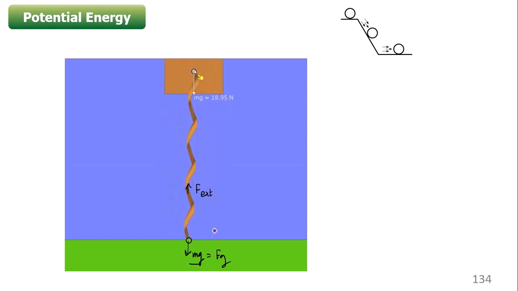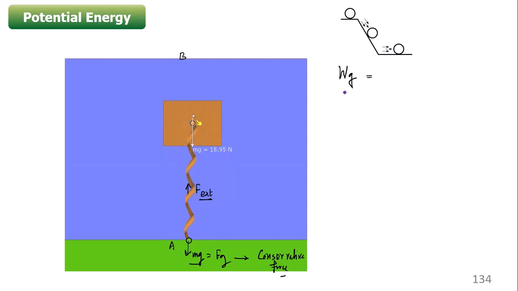Because of the external force in this situation, the particle is moving from point A to point B. Let us say this is point A, and finally the particle comes to point B. So this much displacement takes place because of the external force. If I want to calculate the work done by gravity, and gravity, as you know, is a conservative force, then what is that number?